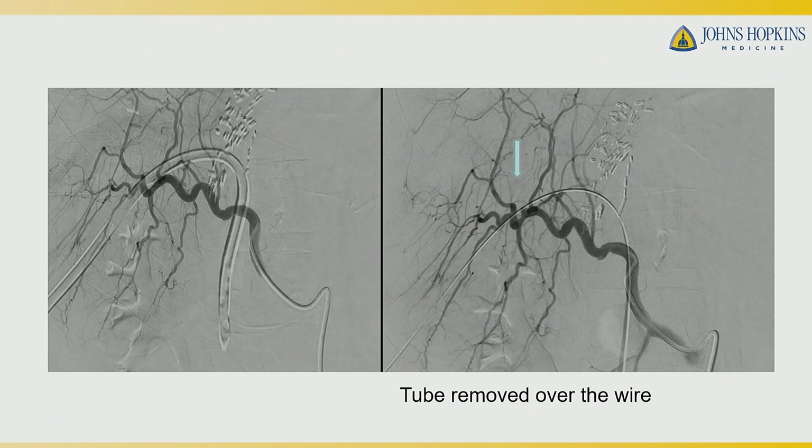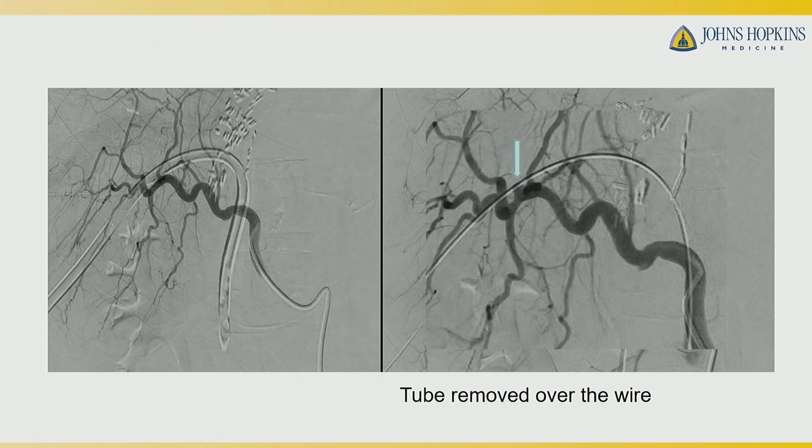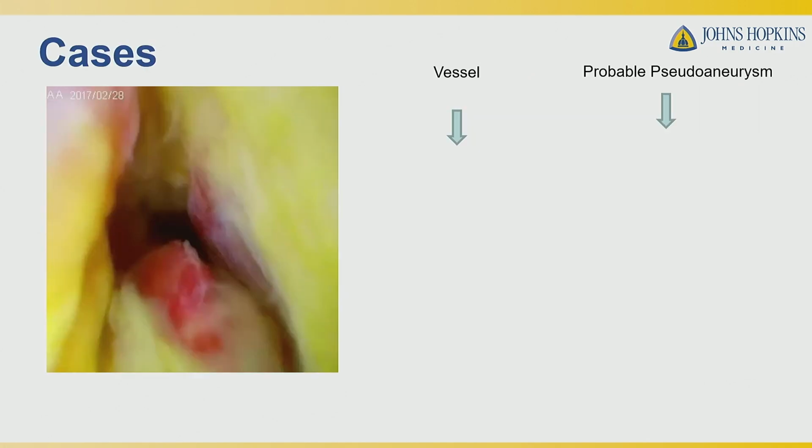And we noted by that blue arrow that's actually not lined up very well that there's this little outpouching there. Thinking pseudoaneurysm, multiple obliquities didn't really prove that for us, and we never had any kind of bleeding. So my partner had done this initial angio, said, you know what, let's watch the patient, let it be. So we had a little bit of a multidisciplinary discussion the next day in morning conference and said, you know what, we think that's a pseudoaneurysm. The guy's been having recurrent hemobilia. Let's just bring him back.